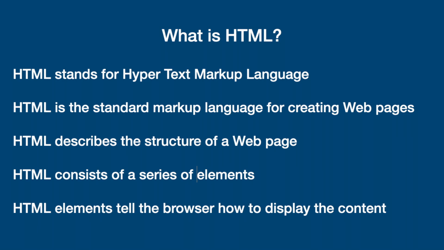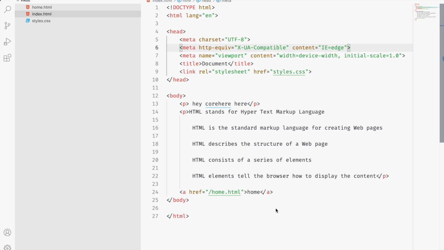I will explain these things with a proper example. This is a basic HTML file. We all know if we want to create a website, that's only possible with HTML, right? So a bunch of HTML pages make up a website. Here I will explain each tag line by line. So we know HTML was introduced in 1993.